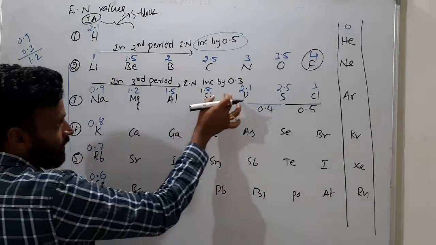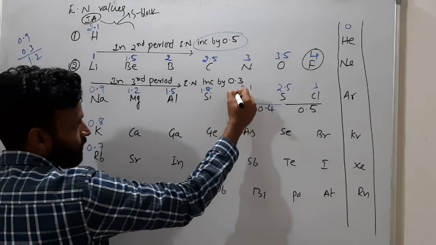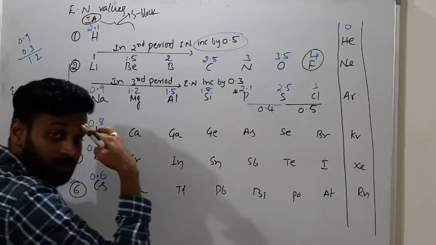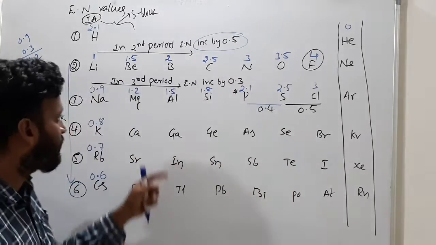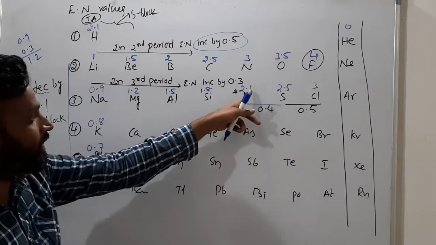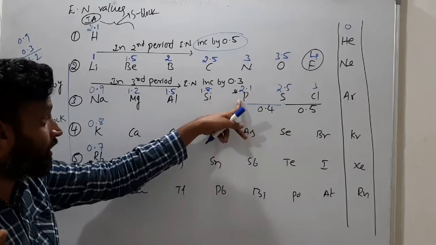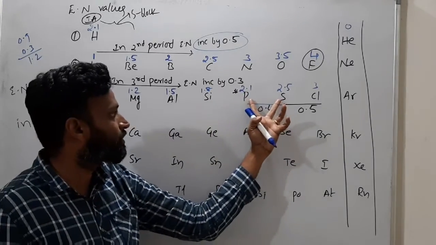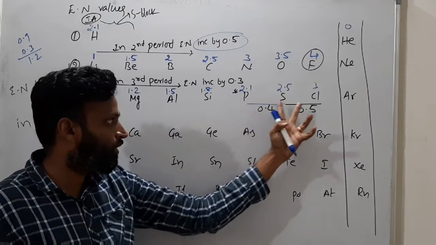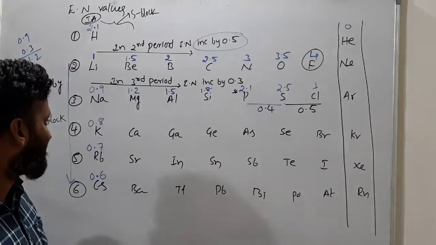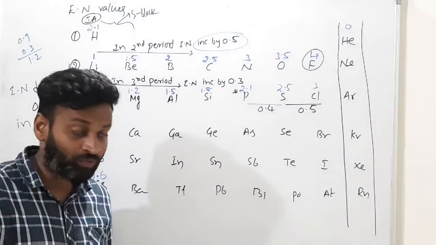So electronegativity increased by 0.3 up to phosphorus. I am putting star. So how to remember? How to remember for long time? See, hydrogen 2.1 as a reference and phosphorus you are getting 2.1. Reference atom electronegativity you are getting. Afterwards, phosphorus to sulfur 0.4 and sulfur to chlorine 0.5. We have to take. Understood, everyone? So very important.